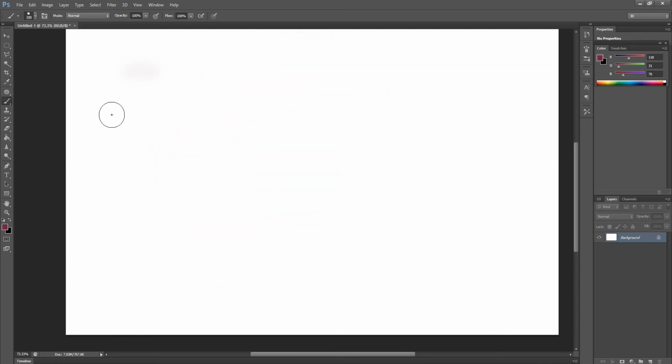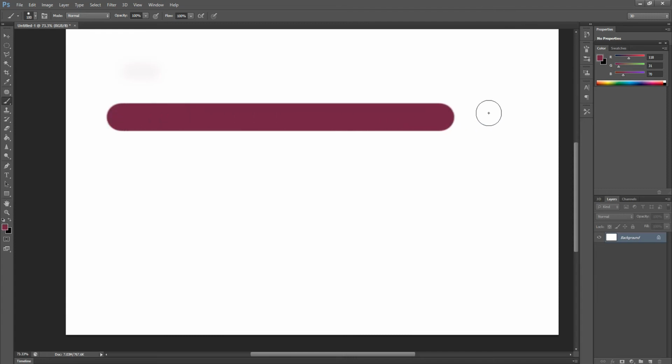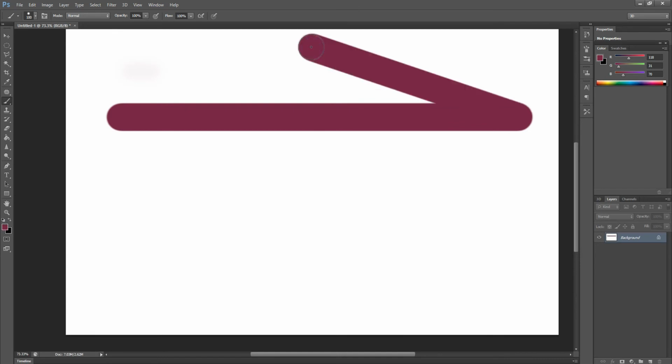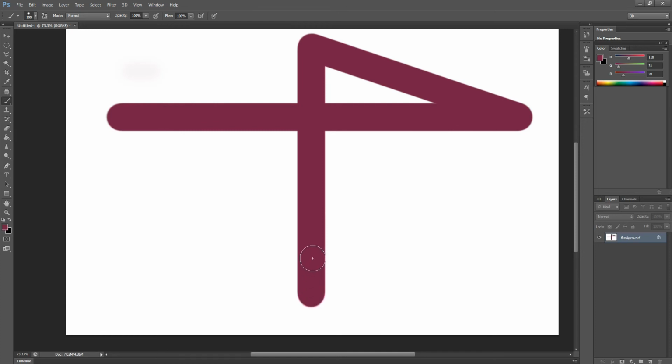Okay. When we want a straight line with the brush tool, press the shift key and drag. It's a straight line. Again, if we want a horizontal or vertical straight line, we'll put it here, and downside it's going to be a straight line.